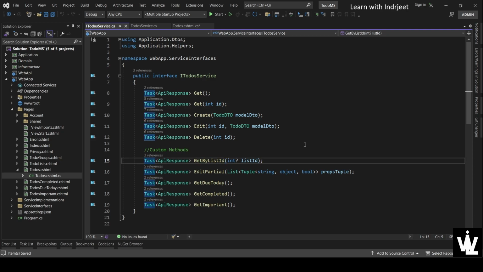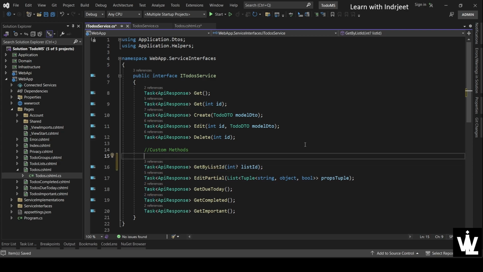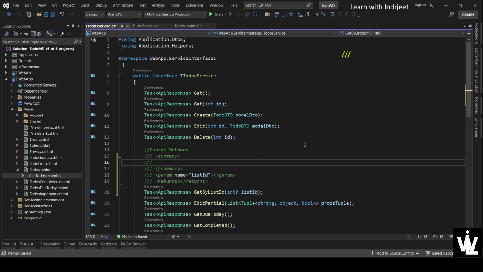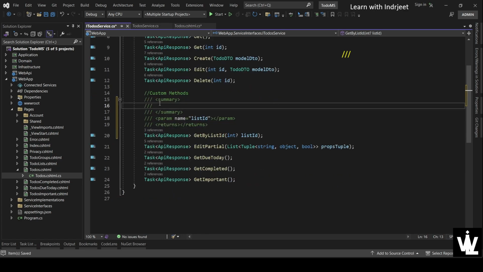So let's put in triple line comments over here. As soon as we press triple slash, here are the summary, the parameter info, and the return. In the summary, let's put in what this function does. It returns us a list of to-dos. So it gets a list of to-do items filtered by